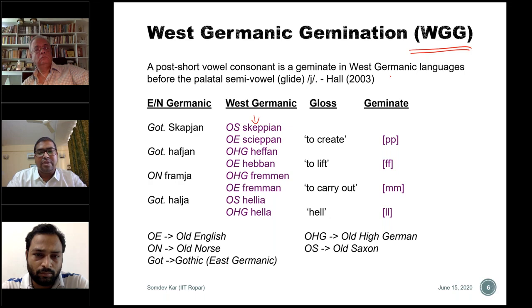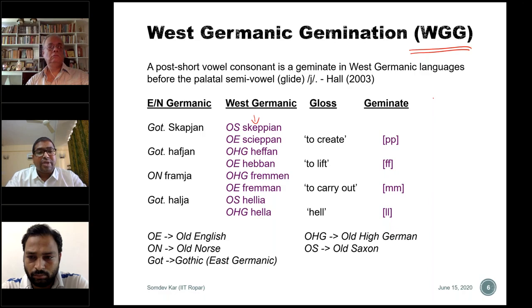There are several examples in historical data, and in many contemporary works you can see this, but this data is historical. Look at these languages from Gothic, Scapian to West Germanic, like in the first layer you get Old Saxon, it is Scapian. In Old English it is Scapian, etc. So there is a proper gemination happening. Or like Old Norse Pramya. In Old High German, it becomes Fremen. So this is more